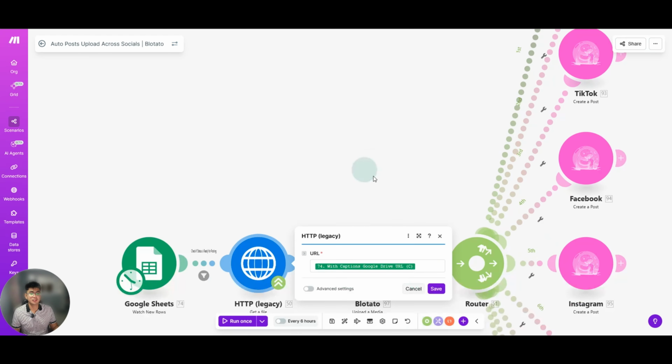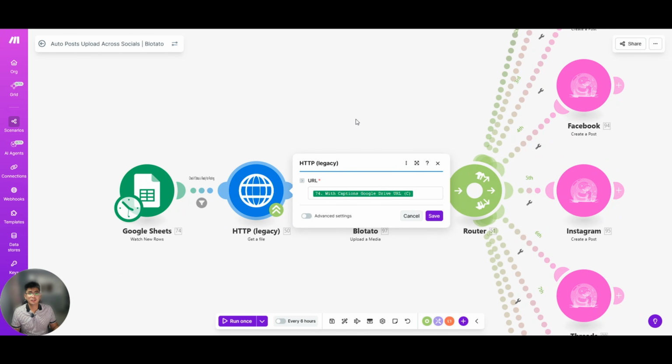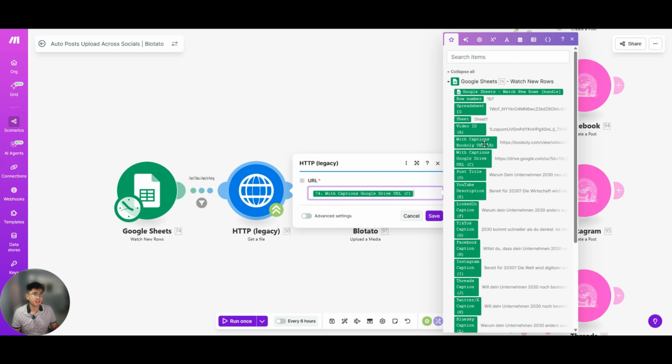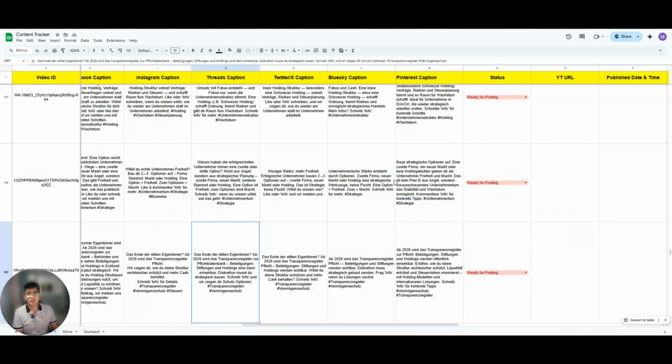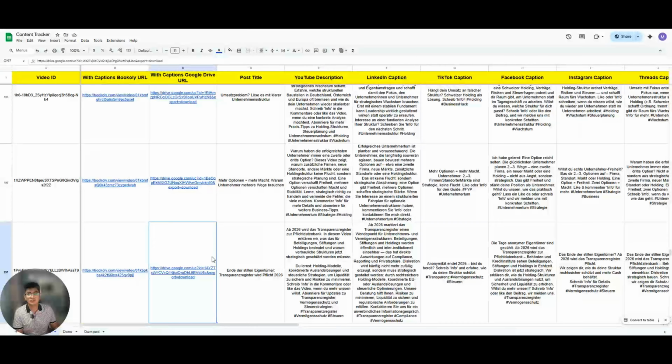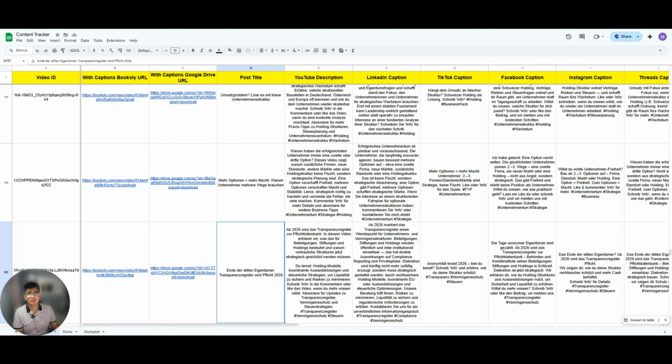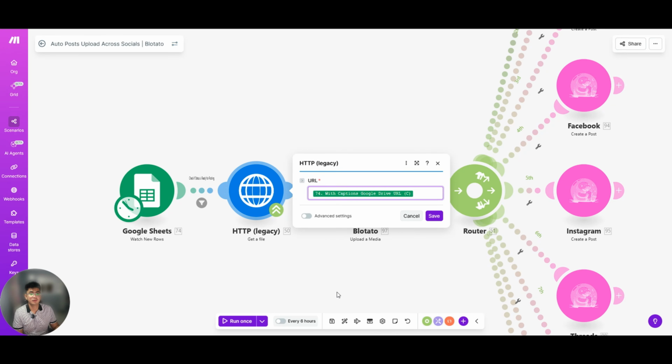I will discuss it a little bit later. So you just need to map which URL you want to download. So I selected this Google Drive URL. You can find it here. So this is the Google Drive URL, and this is what this module will download.